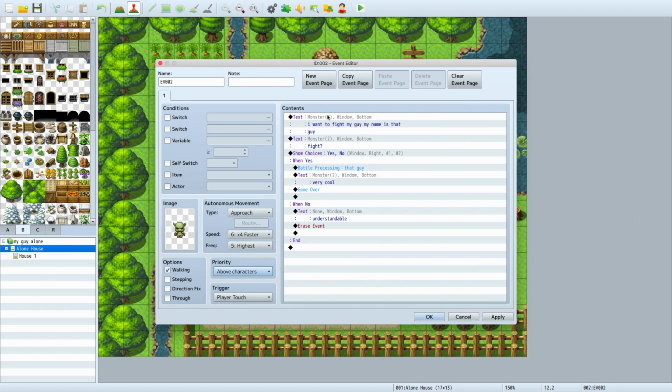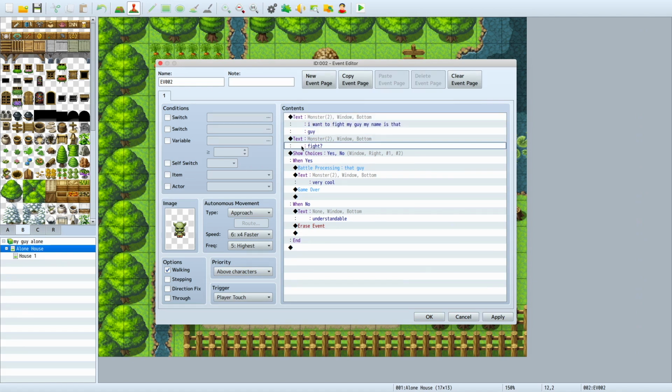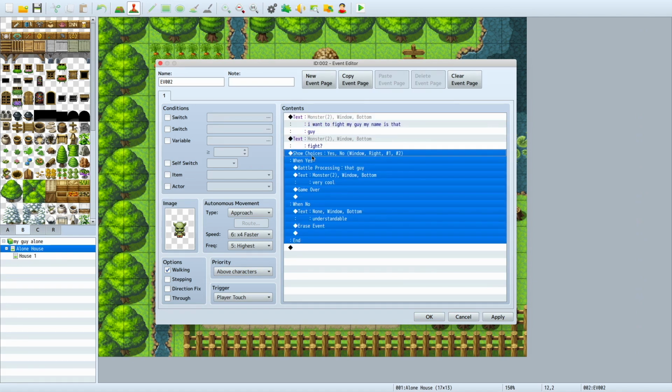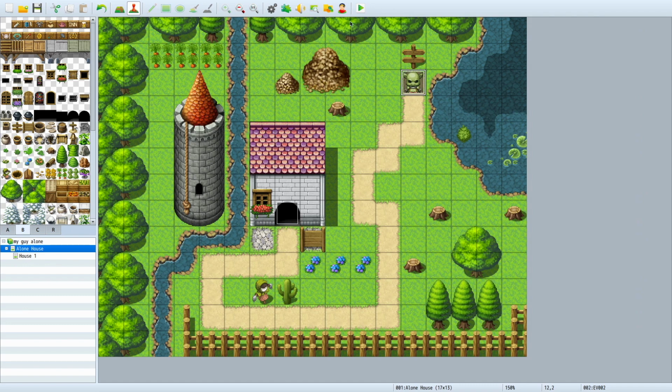Then we basically say, yes, you double click to add him. We add text, so I want to fight, and then you can add a question, which is show choices. So if he says yes, battle processing. If you win, it's game over. If you say no, understandable, he destroys himself, and that's it. So if I rerun,